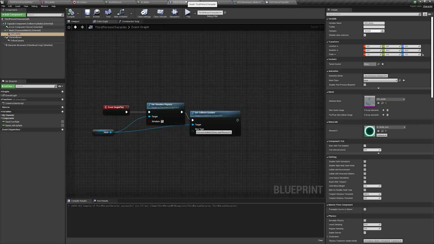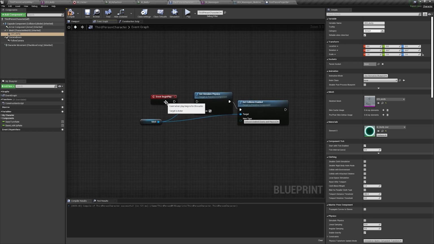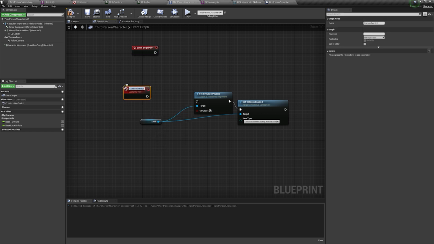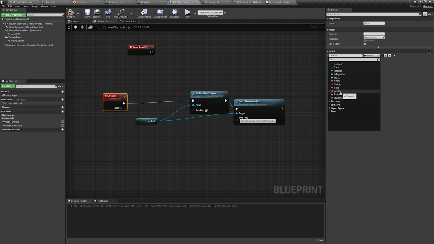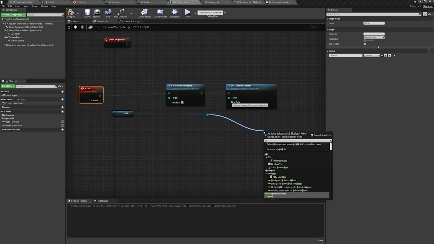So we can go to the third person character and here we will just disconnect the event begin play, and here we can type in custom event and we can call this attract and we can connect this here. And now we can add a pin and we can call this location and change this to a vector, and here we can just drag this and type in add radial force,